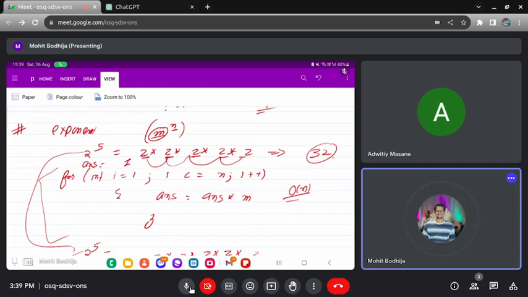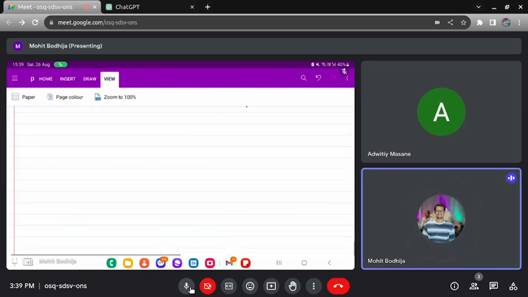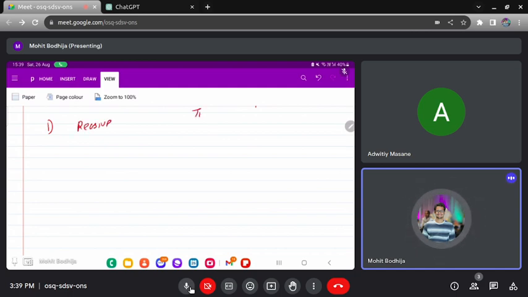See, a good interview generally goes like this: if you start with the recursive approach, you can say that time and space will be order of n. Then they will ask, can you improve the approach? Then if you say the for loop approach, you can say time will be order of n, space will be order of 1. If you are coming from recursive to for loop approach, it will make a good impression that you have improved your code.